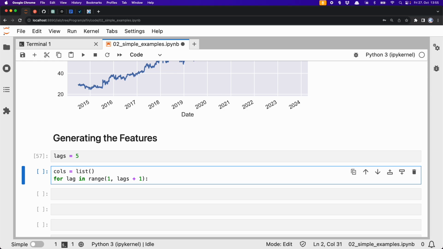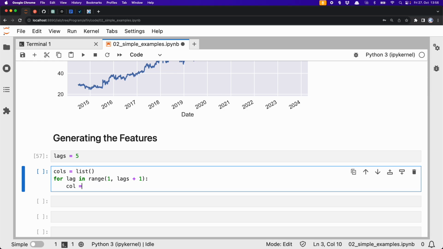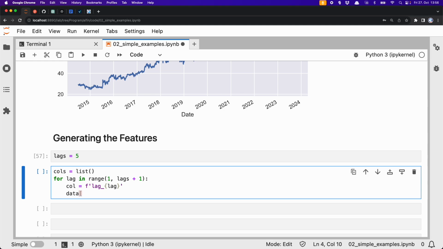Then for lag in range, I start with 1, lags plus 1, given how range behaves. I define as an F string the lag name, here lag, so it will be lag 1, 2, 3, 4, 5, meaning I lag the price by 1 day, 2 days, 3 days, 5 days. If you work with 1 minute bars, it will be 1 minute, 2 minutes, 5 minutes. Right? So data now I add with the just defined column name, I add data symbol,